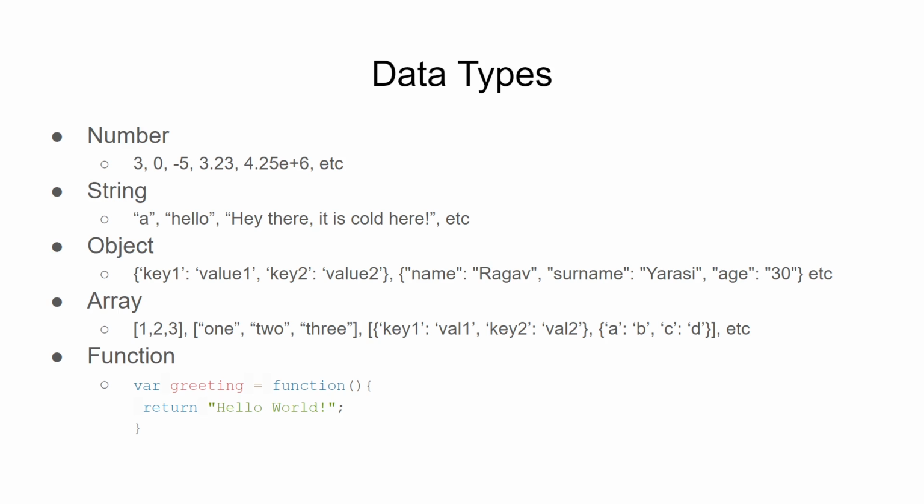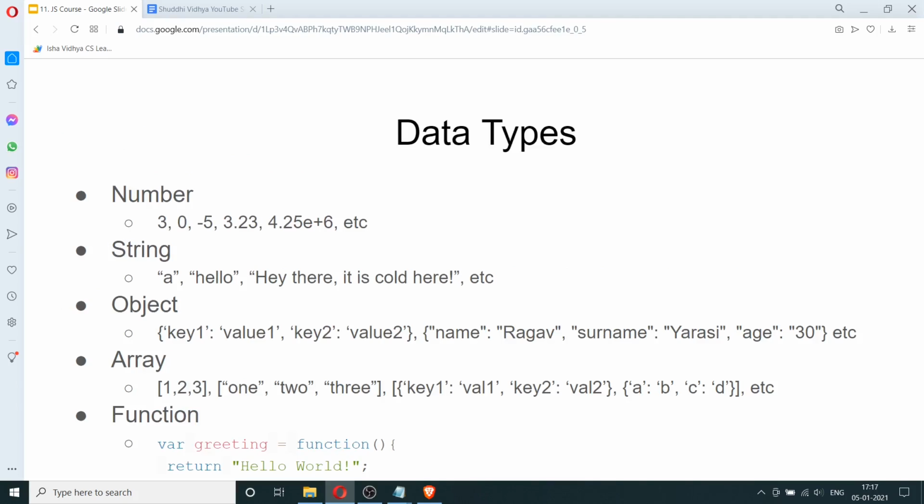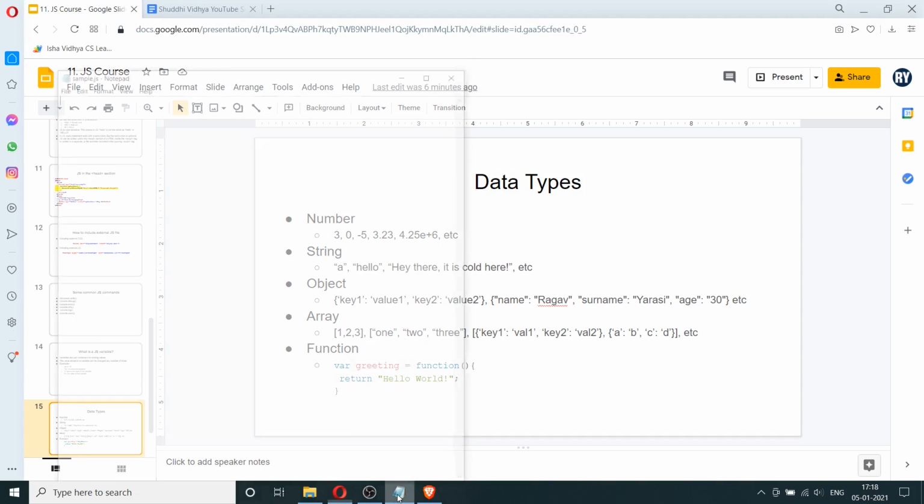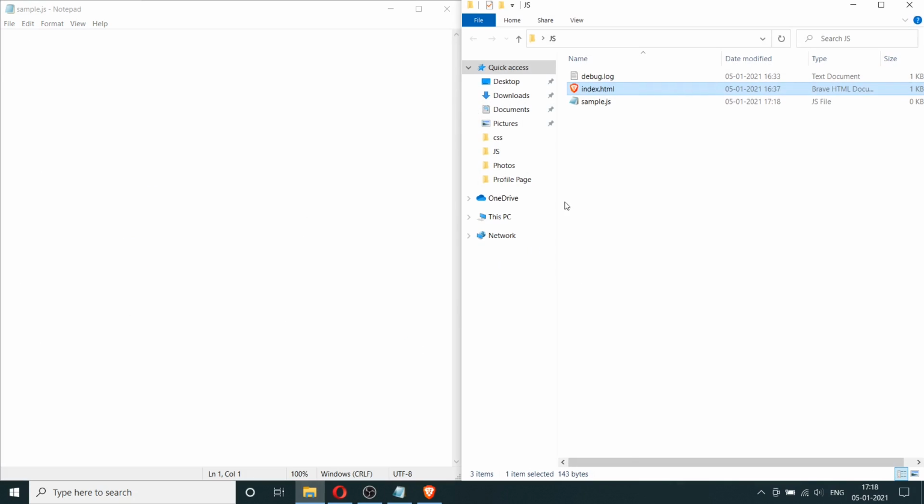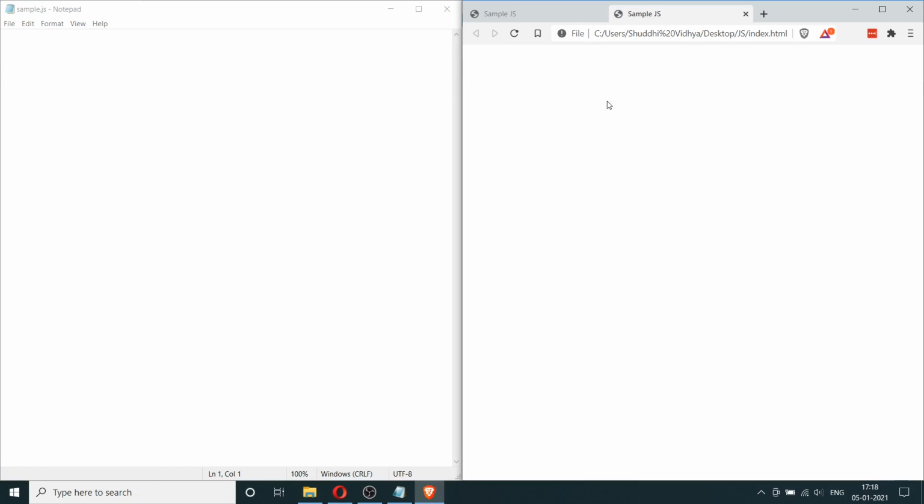Now let's look at a demonstration of all of these data types. So I'm going to go to my sample.js file, which is in my JS folder, and we're going to open this file here. And here in the sample.js file, I'm going to create different variables of different types. So I'm going to say var num equals 5 and var str equals, this is a string, and here I'm going to say var obj for object and open flower bracket and a,